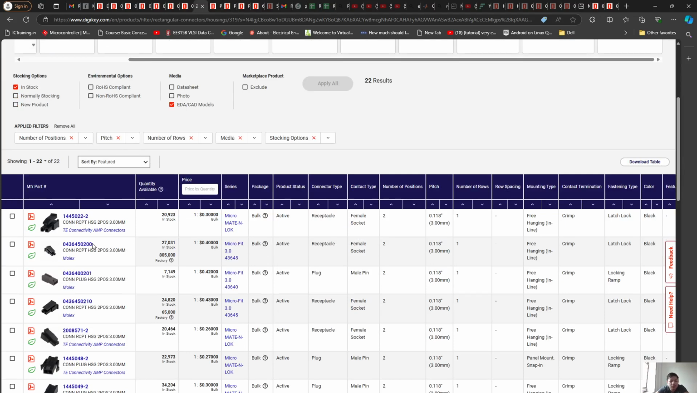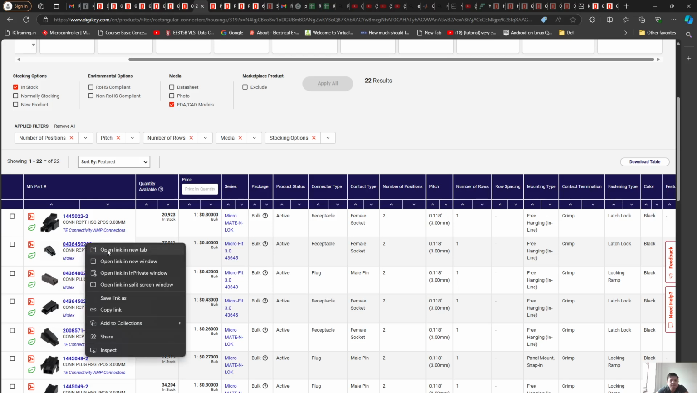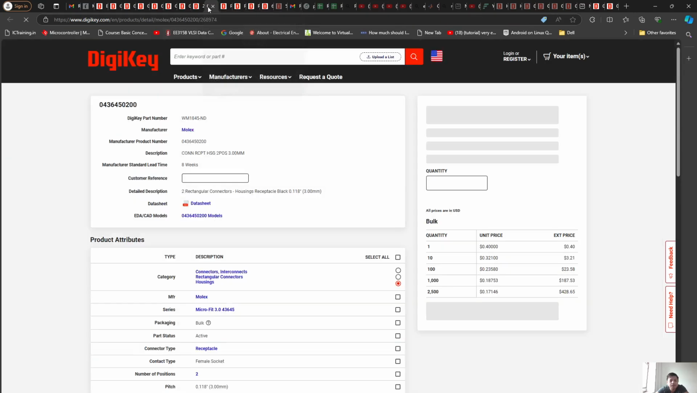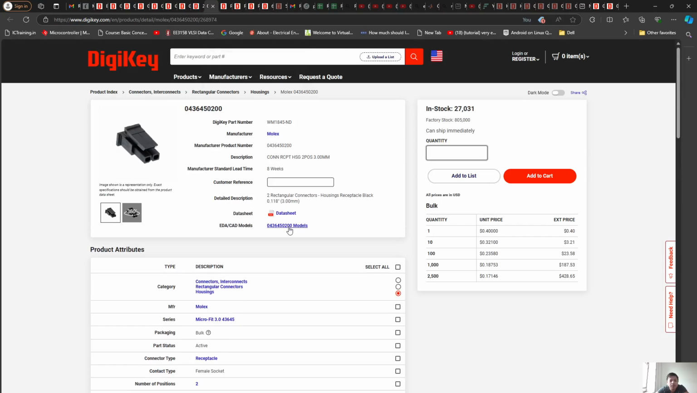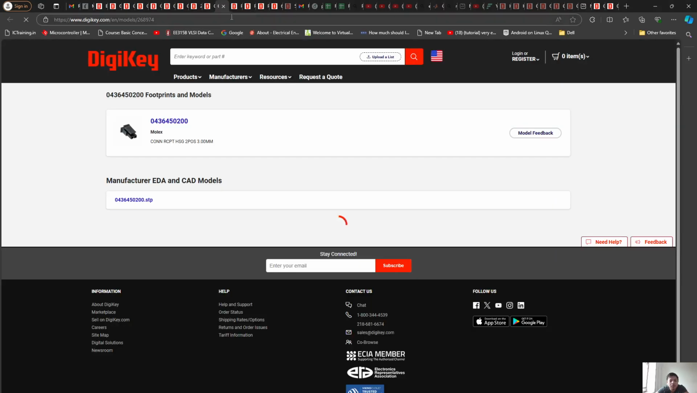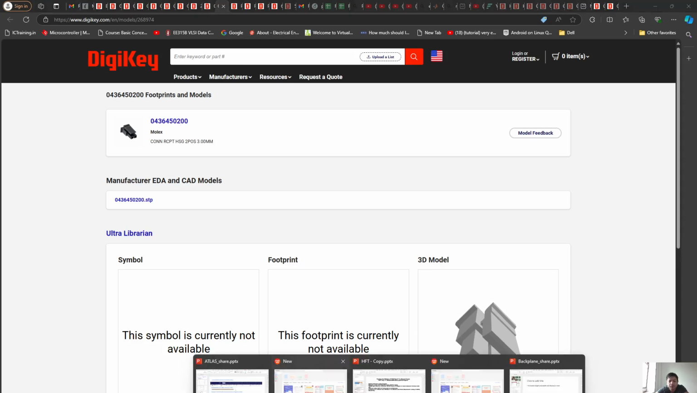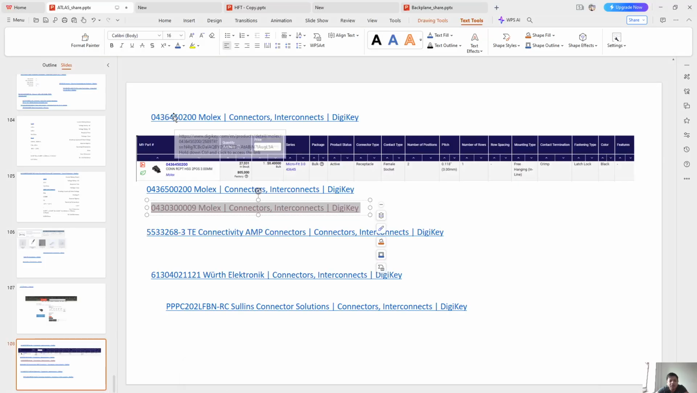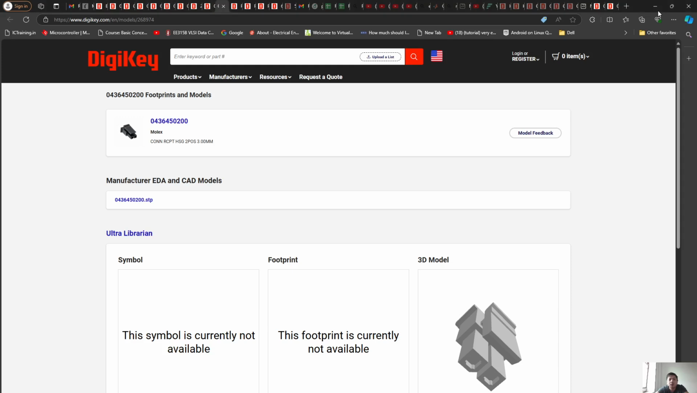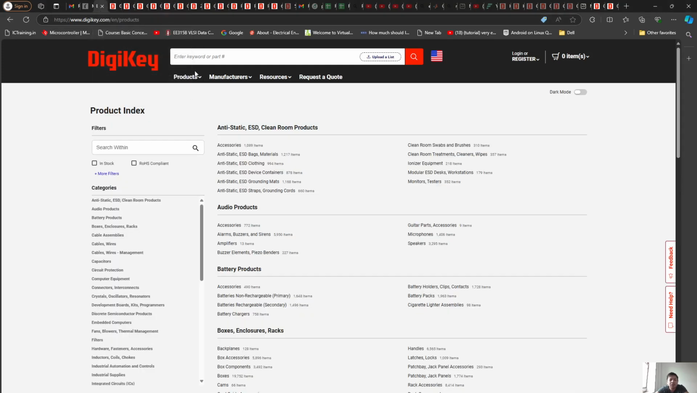I believe this is the one that we were looking at. Yep. This is it. 50200, right? 50200. Okay, cool. And the last connector that I would like to show is, so we have 1